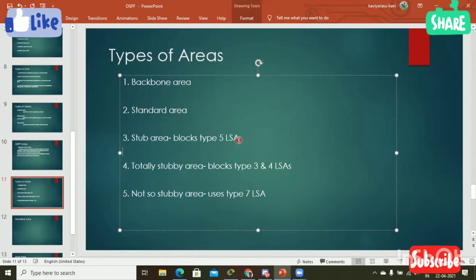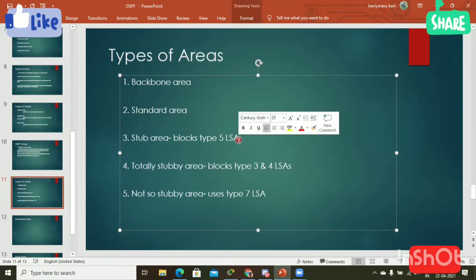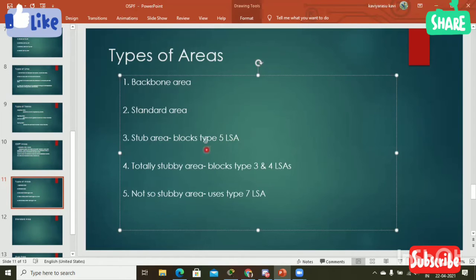External LSA means routing updates from other protocols like RIP, EIGRP, BGP. So these routes will be blocked by the stub area.